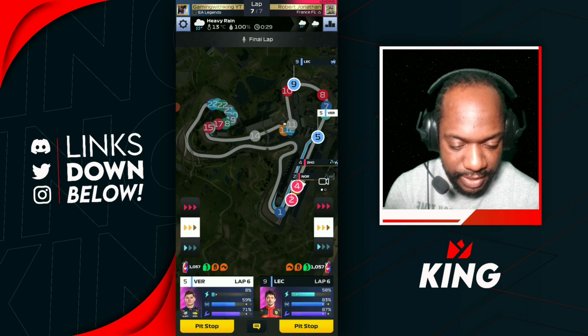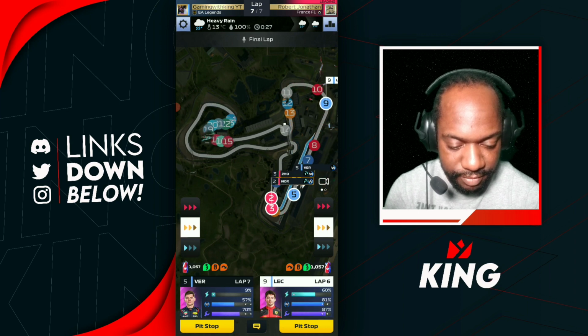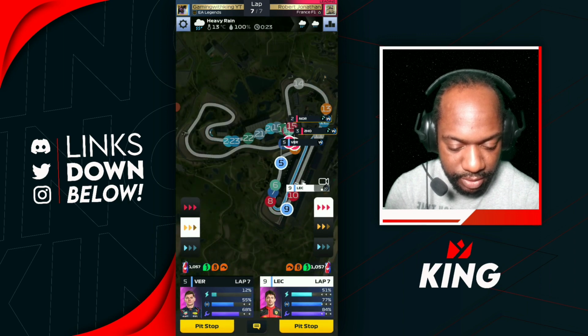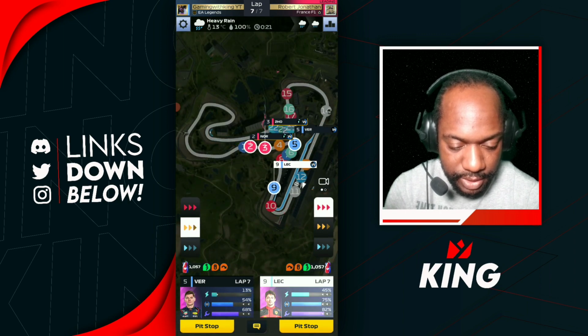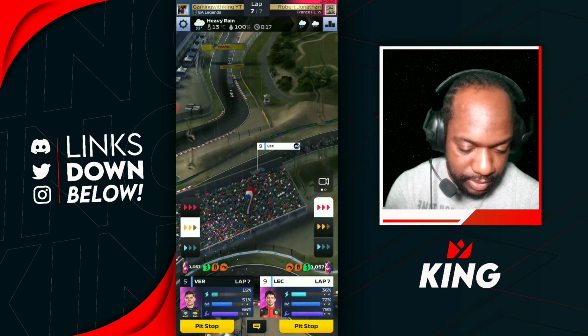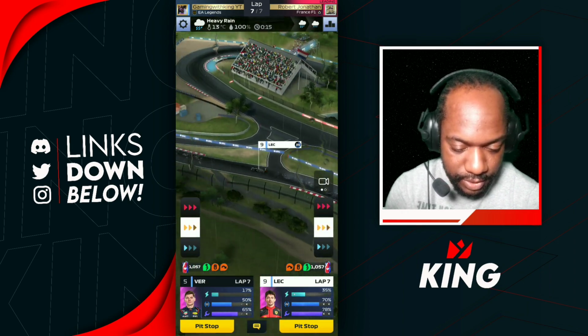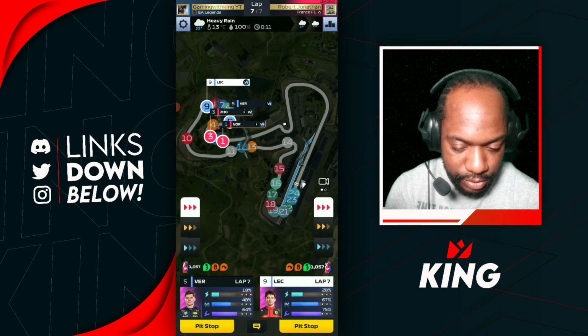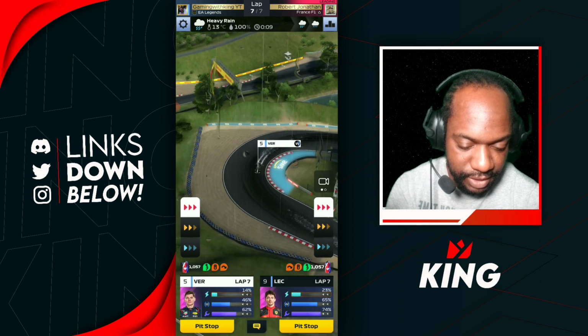Alright, so we just have the rival and a few cars in front of Verstappen that I think we could catch if we just disperse all of Leclerc's power unit. Save some through here and then boost him back up there, and then we'll just boost now for Verstappen, see if he can squeeze